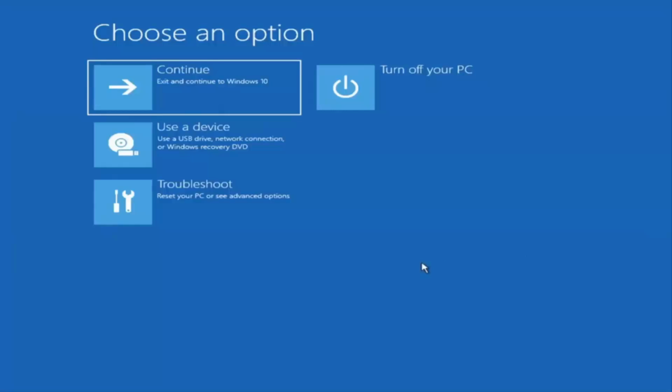So if you do a hard power off 3 times in a row, Windows should automatically attempt to launch the startup repair utility. And if it doesn't find anything, it will give you the option to select advanced settings, in which case it will take you to a screen that looks like this. Now, if it does not take you to a screen that looks like this, or you're unable to get to that,